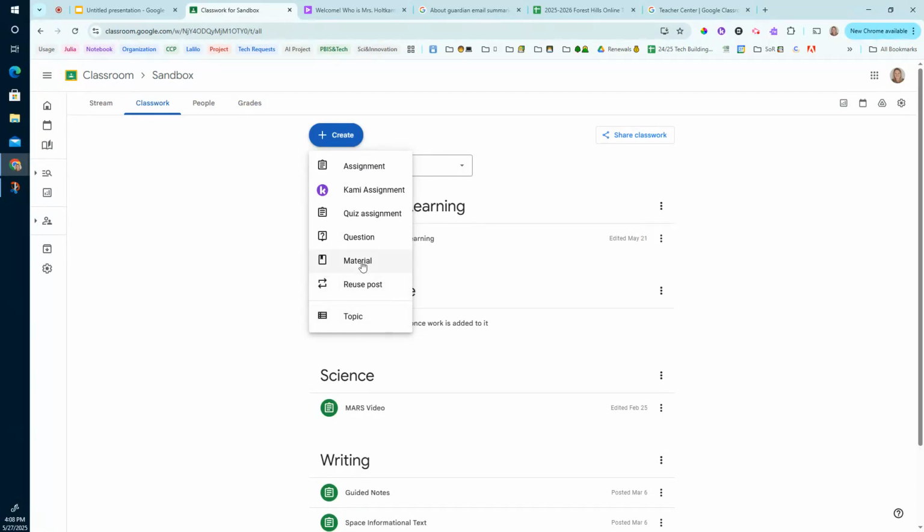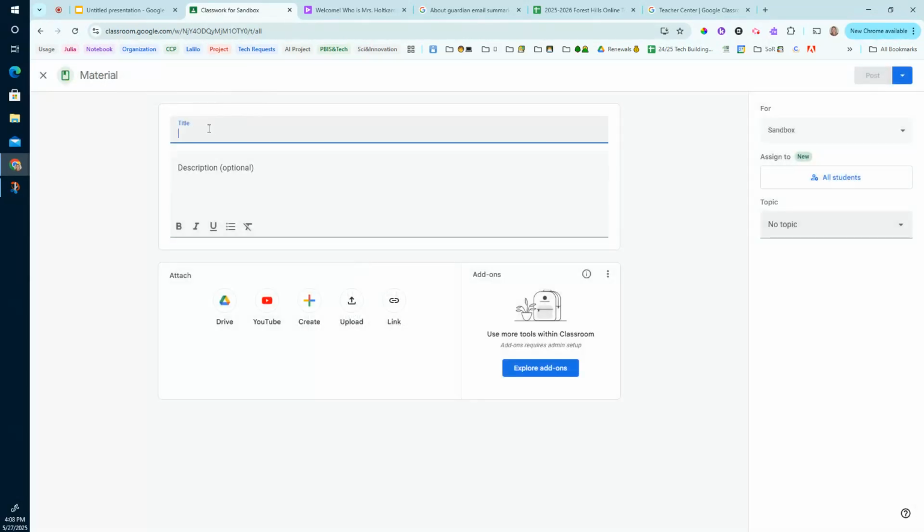So if I wanted to create a material, I would give it a title and a description and add any of the attachments. You'll notice here with Create, you can create something right within Google Classroom, and Google Vids has been added for you there. This is where you will update the topic. So if this material would be a part of the math practice, I would want to change that topic here. So for this, I am going to put sample,